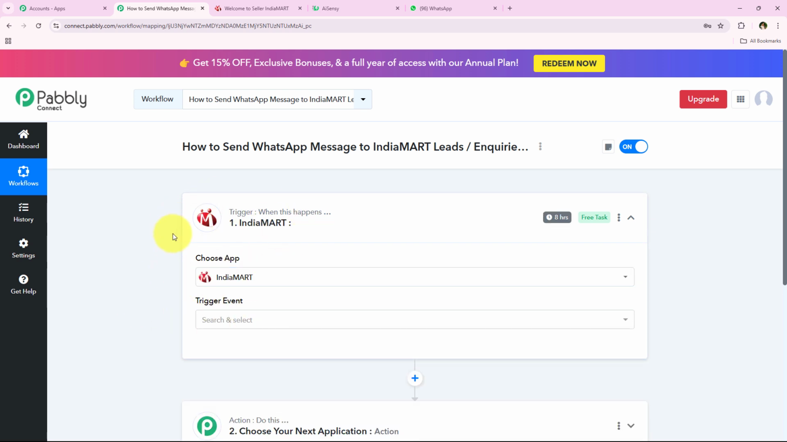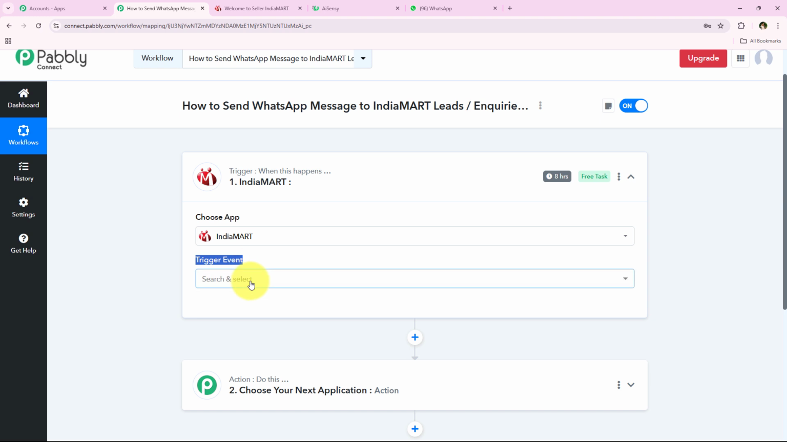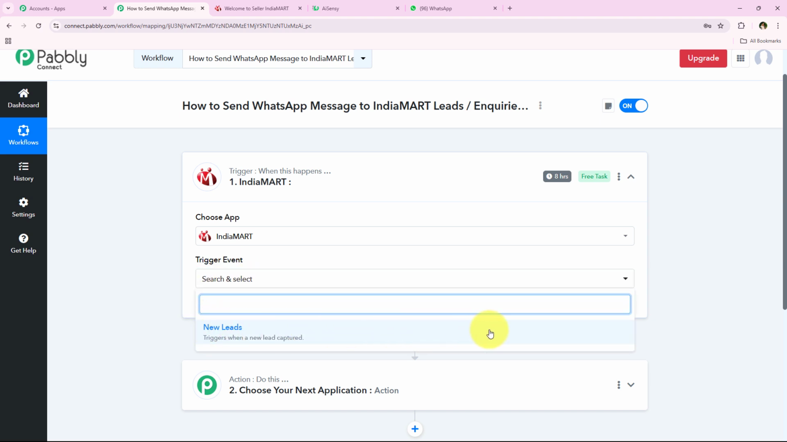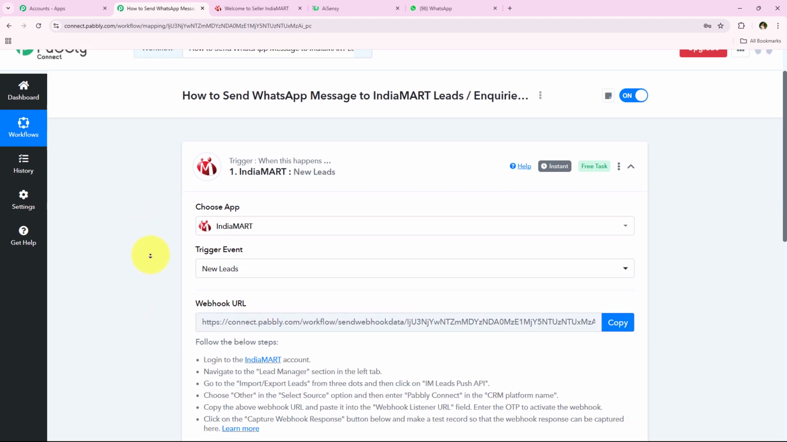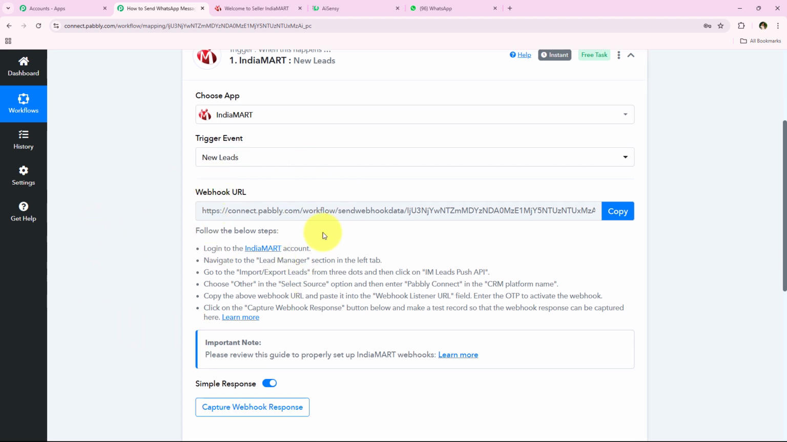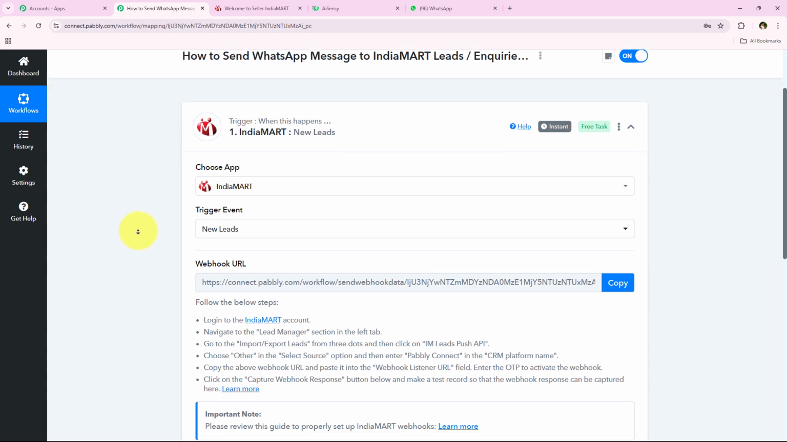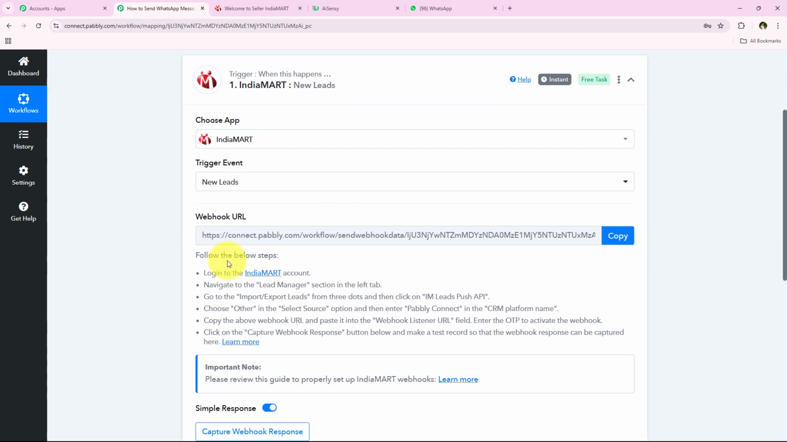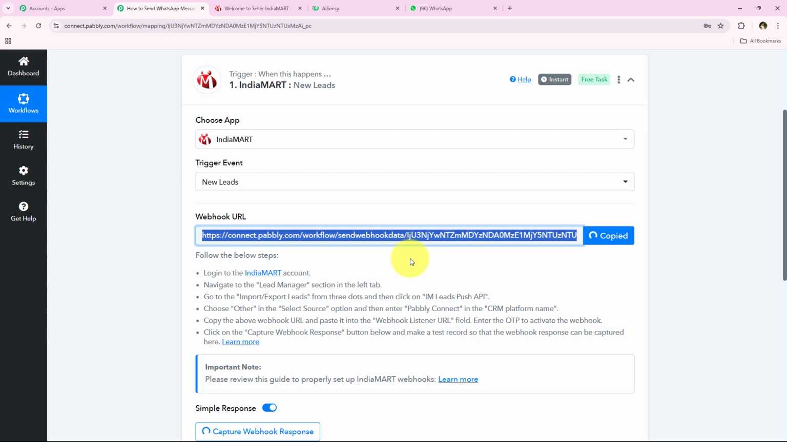So I'm just going to search for the trigger application and we're going to select it. And now for the trigger event, we're going to select it as new leads. And as soon as I select the trigger event, it is giving me a webhook URL. So we're going to use the same webhook URL in order to create a connection between our IndiaMART account and our Pabbly Connect's workflow. So first we're going to copy this webhook URL and